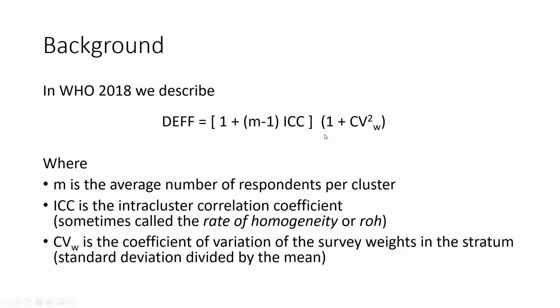And then this other term, which is not new to survey professionals, but is new to the vaccination coverage survey, though certainly the WHO one. This is the inflation for the fact that the survey weights vary. So CVW is the coefficient of variation on the survey weights, and the design effect gets inflated by this multiplicative